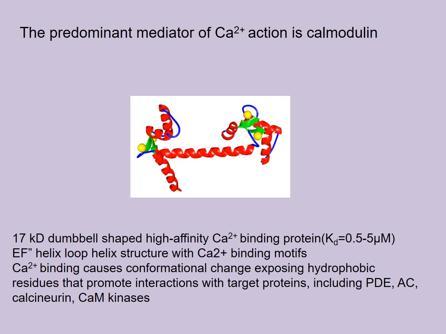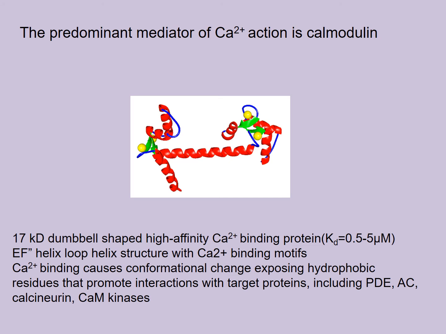Now, as I said, the predominant mediator of calcium action is calmodulin. Calmodulin is a really small protein, only 17 kilodaltons. It has a dumbbell shape, with an alpha helix in the middle and a spherical region on both sides, which have a few alpha helices as well, and those ends are where calcium binds. It has a really high calcium affinity,